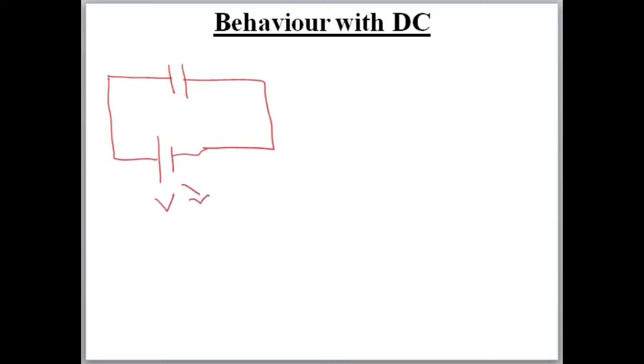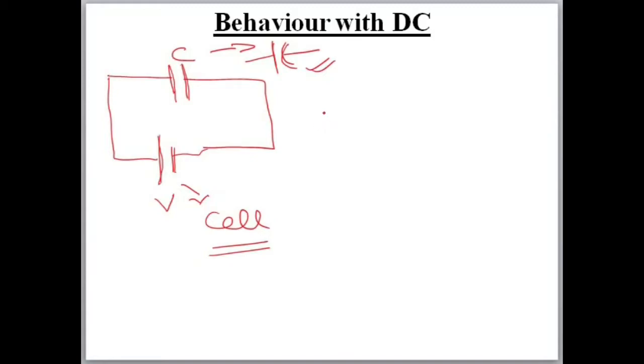This is called a battery. This is the representation of a cell. If a number of cells are there, then it is called a battery. And this is capacitance C. For C, both the plates will be shown equal, and for a cell, one plate will be longer, the other plate shorter. So this is the difference. In some books, C is also represented with one plate straight and the other plate curved. So don't confuse.